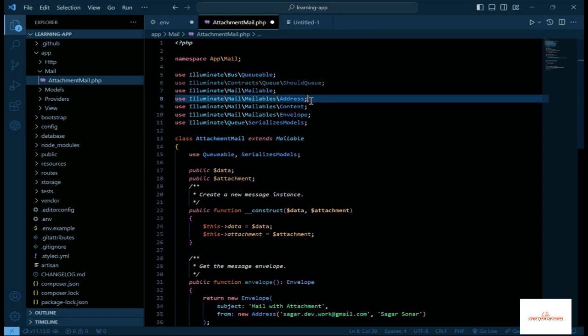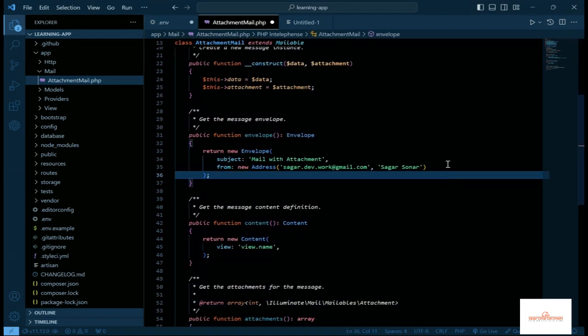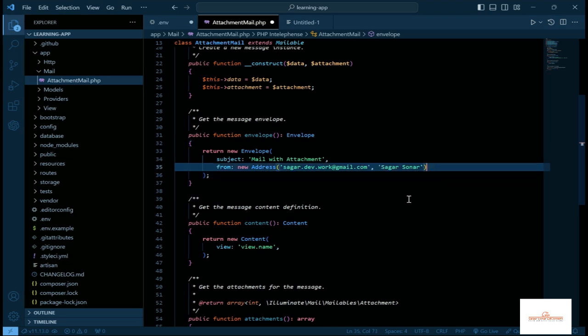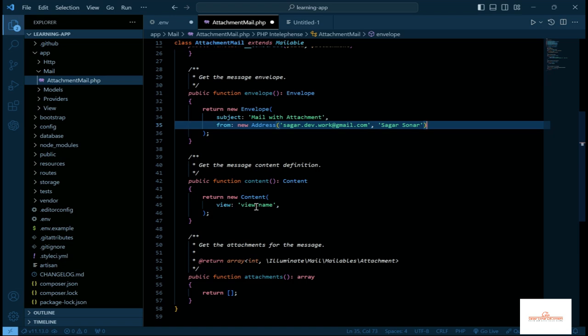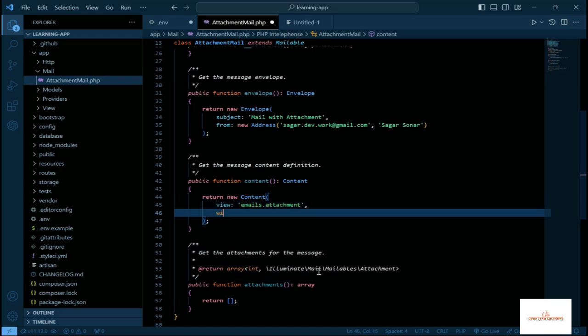So I have used this Illuminate Mail Mailable and Address. You have to call this first, because it is something that I have to declare first. So it is done, and after that I have to write the view name here. I am going to create a folder called emails, and inside that I will create a file with the name attachment. Okay, and also I have to write here with